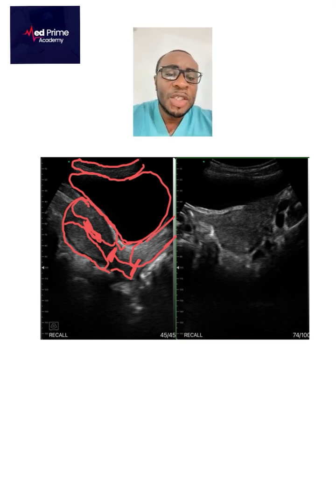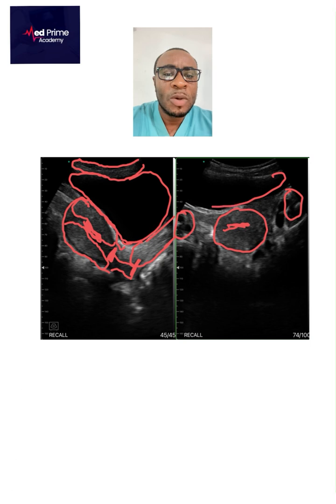The second image is a transverse image or a transverse orientation of the uterus, and we do a transverse ultrasound, or we take the image in a transverse orientation, to be able to see structures like the ovaries. This is the left ovary, this part is the right ovary. We can still see the endometrium here, and then the uterine body, and of course the anechoic area here is